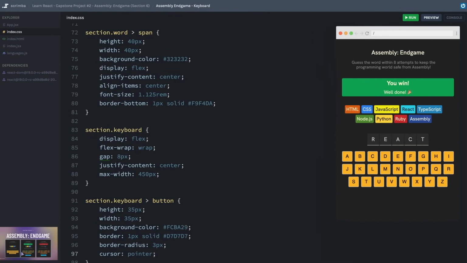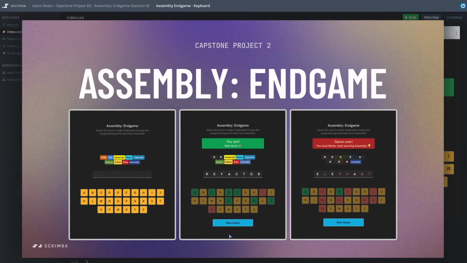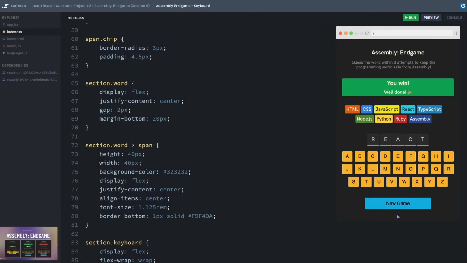Now, the last piece of our app is to have this new game button at the bottom. But because I love you guys and you've done such a great job on the challenges so far, I have a little surprise. I can snap my magic fingers, and just like that, we now have a new game button in our app. Yay! I figured this was an easy enough element, we didn't really need a whole separate challenge for it. We're in our second capstone here. You don't need a challenge on how to add a single button. Okay, well, it sure is looking good, but of course it's not doing anything. So let's jump into the next challenge where we will start adding some functionality to this.